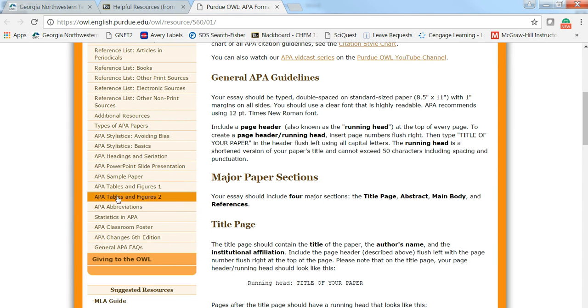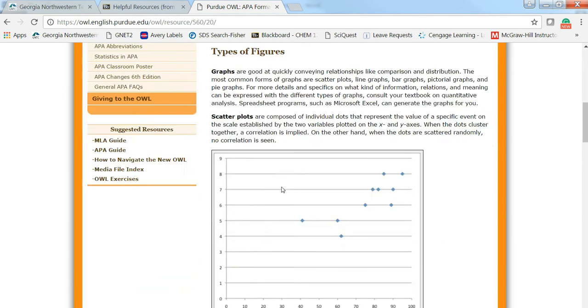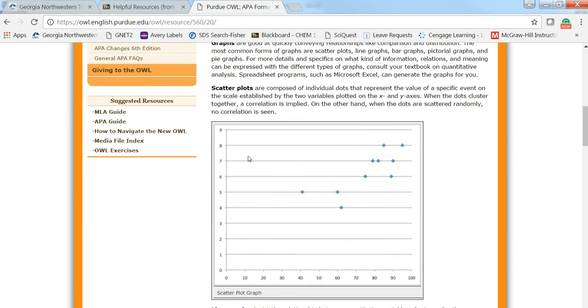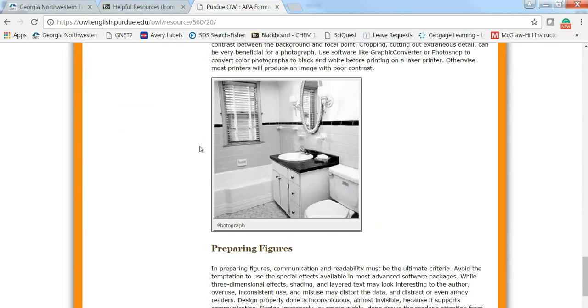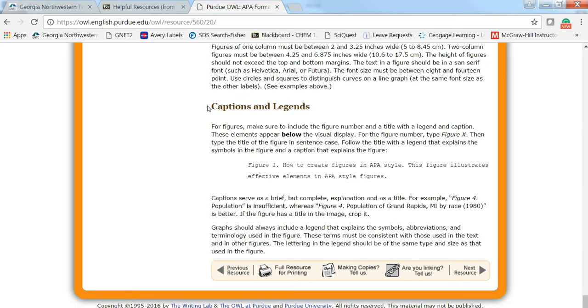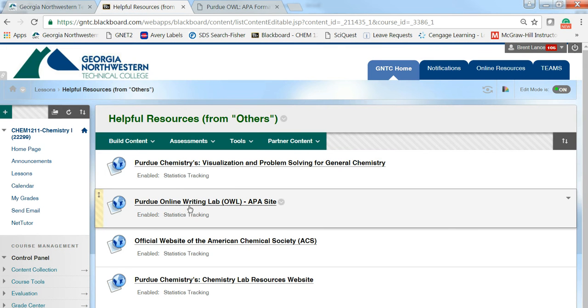So like your figures, like how you have a scatter plot. How do you have to label it? That stuff is like, what caption do you put? Where do you put it? What is it? How do you format it? Stuff like that. Another one is the Purdue